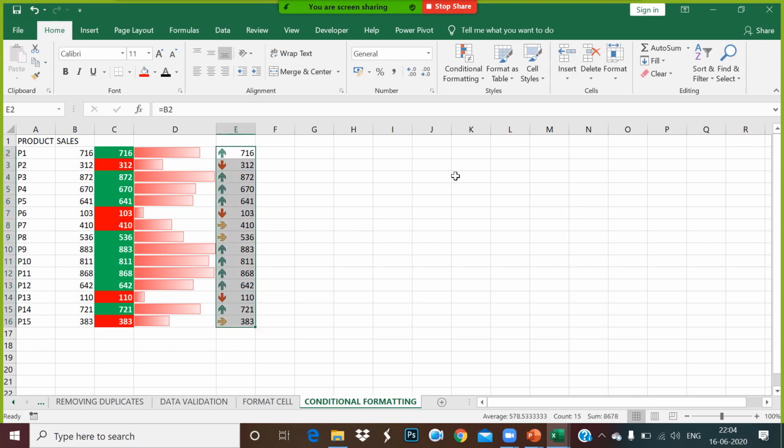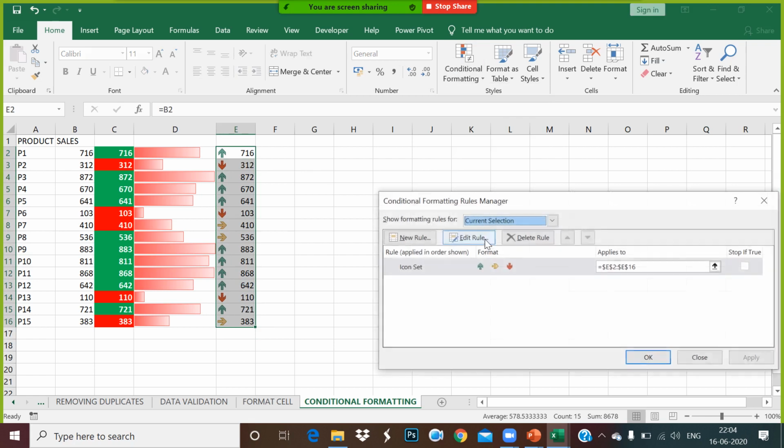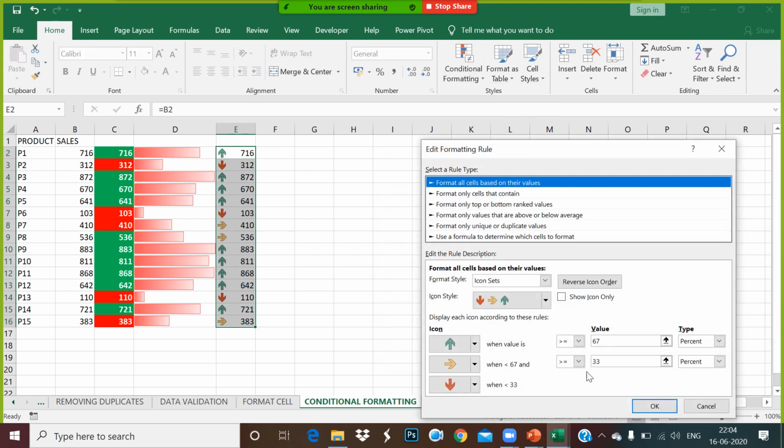If you go to manage rule, edit rule, the icon represents the value in percentage, right? You convert that into number. If the value is greater or equal to 700, make it green. If the value in number is greater than 500, make it yellow.